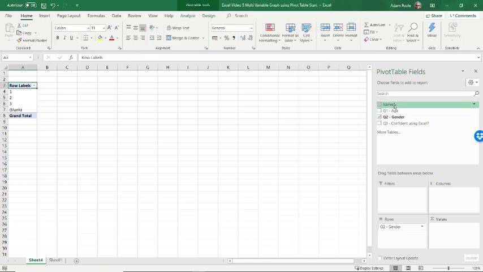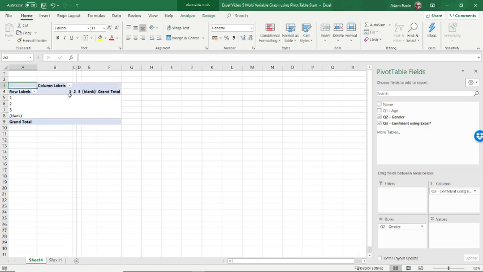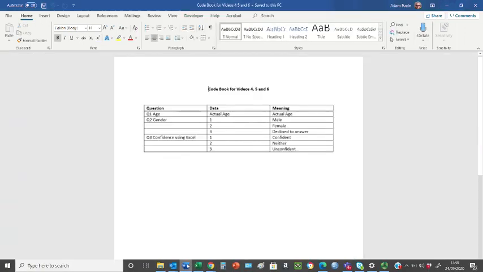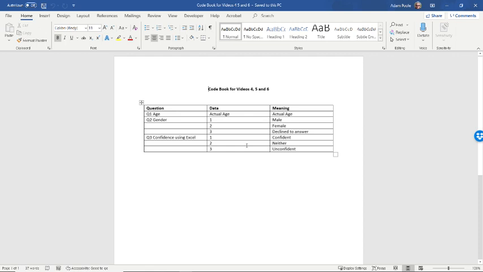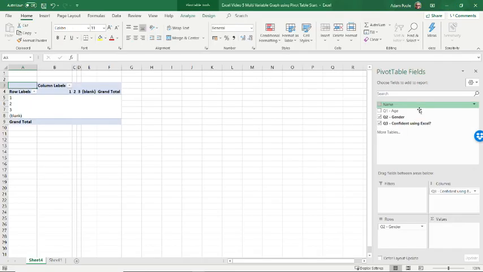Next I want to start putting the information in about confidence using Excel, so I'm going to drag that down into the columns, which puts some titles here, 1, 2 and 3 at the head of each of the columns. Column 1, we can tell from our codebook, is for those that are confident. Column 2 is for neither confident or unconfident, and column 3 is for unconfident. And then I'm going to drag that down so we've actually got some data in there into the values box